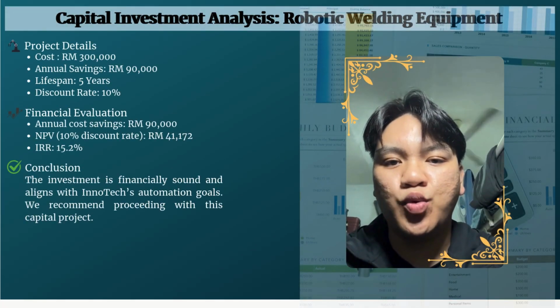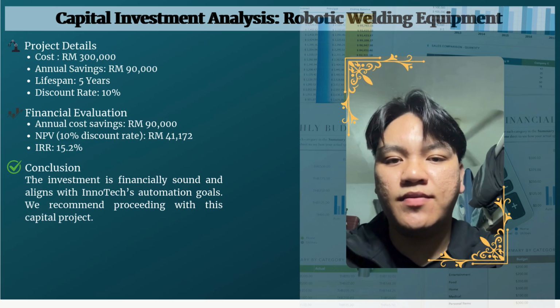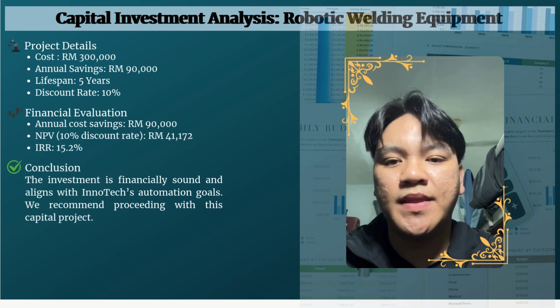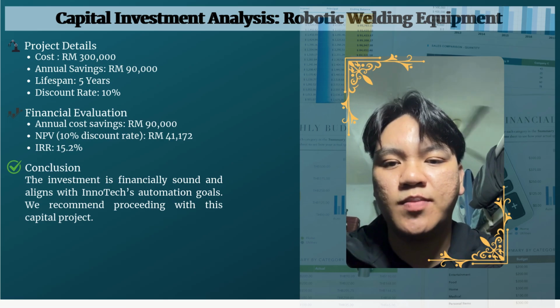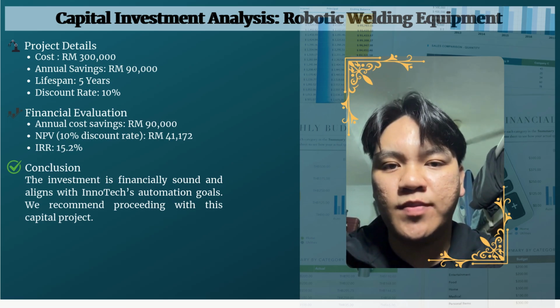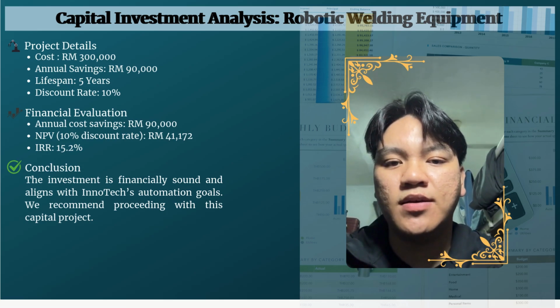I'll be presenting two key sections from our operational evolution for InnoTech: capital investment and inventory control. Starting with capital investment, InnoTech is considering purchasing robotic welding equipment to enhance production capabilities. The equipment costs RM 300,000 and is expected to generate RM 90,000 in savings annually over a 5-year